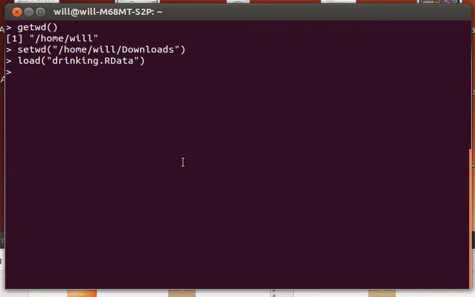Here I have a copy of R running. You'll see some things that I've already done. I checked what my working directory was, and I reset the working directory to downloads because I had downloaded from the Open Learning Initiative a data file called drinking.rdata. So I've now loaded that